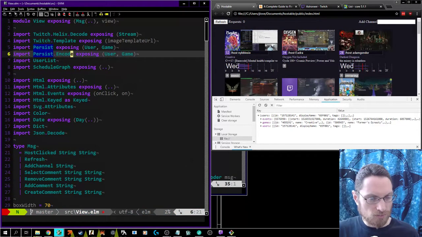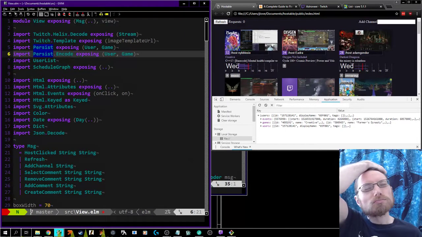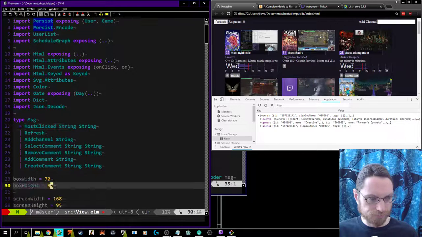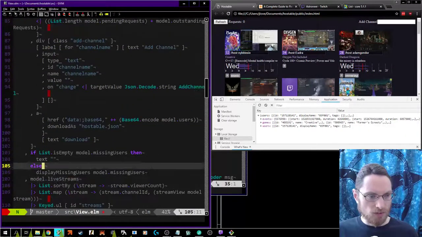Persist.encode. Now, I guess the model. If I tried to maintain a copy of it, I'd have to catch every place we might be updating users. But to actually run an encoder,